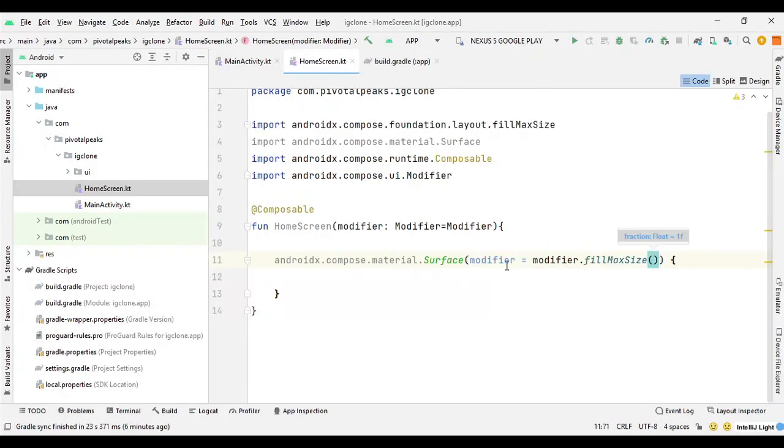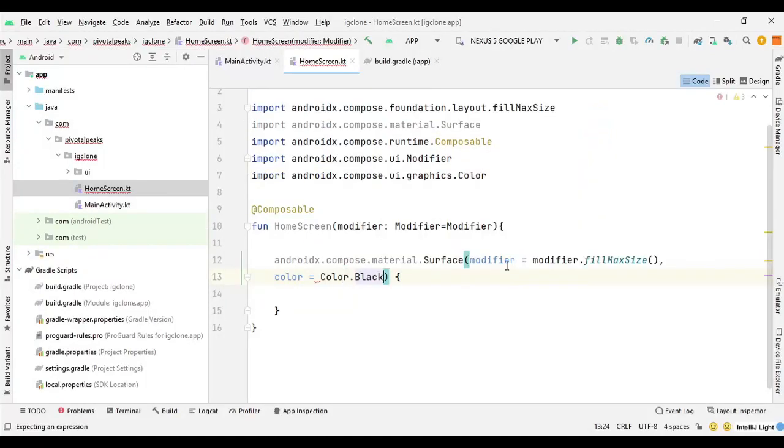It will take the entire screen, and then we also want the screen to be black because we are making the dark theme. So here we can say color equals color dot black, and we can actually remove this import from here because we already got the import.